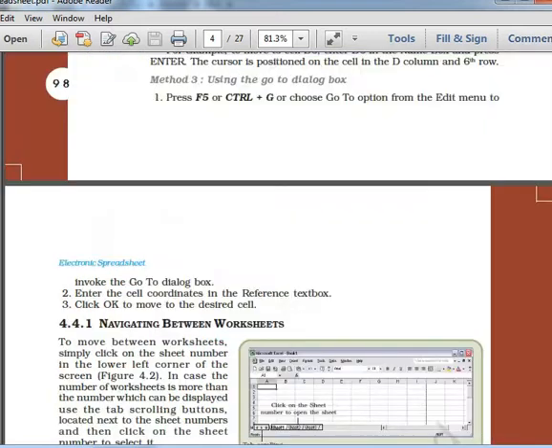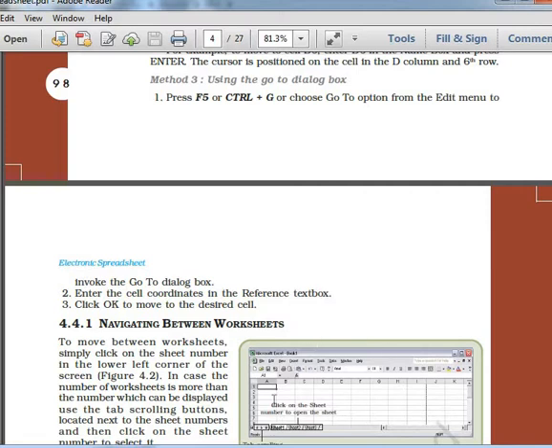Then in one file you can have several spreadsheets. Like here you can see on the bottom row they show you different sets of spreadsheets, like sheet 1, sheet 2. You can create multiple sheets in the same workbook.